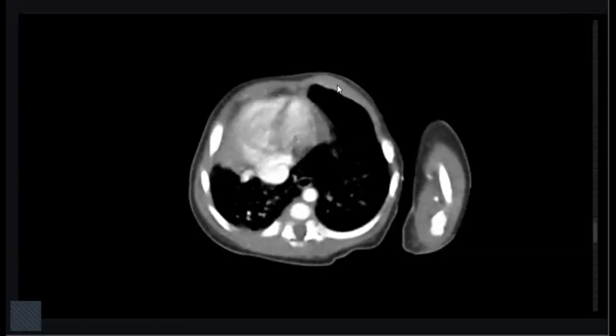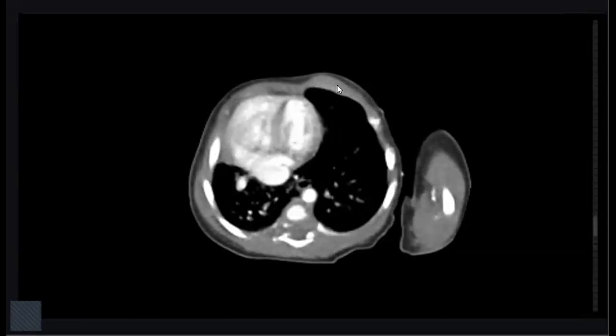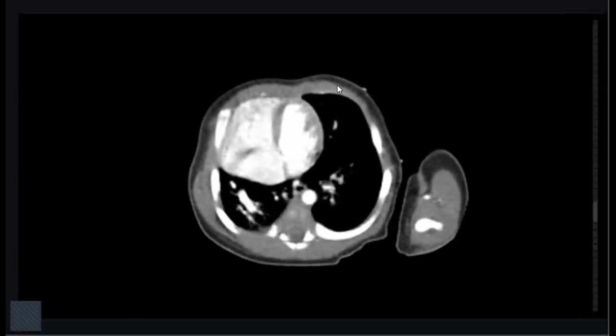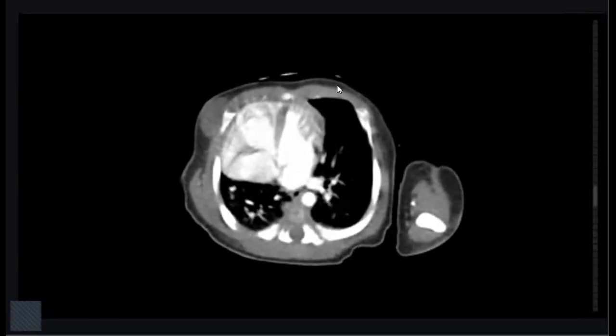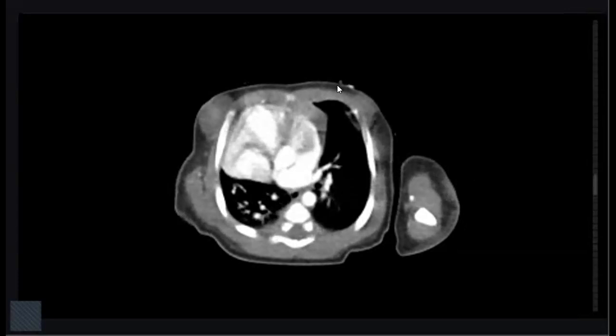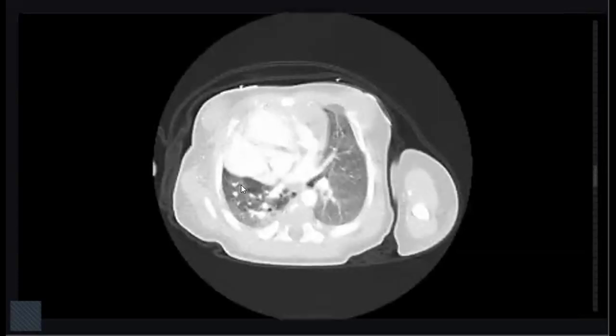Hyperinflation of the left lung is noted with mediastinal shift toward the contralateral side. This likely represents congenital lobar emphysema on the left side. However, I also want to see the lung window. And in this patient, if it is congenital, the findings